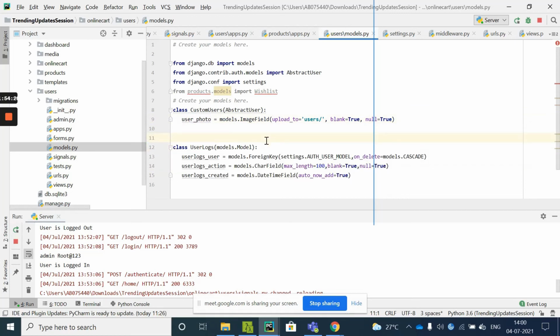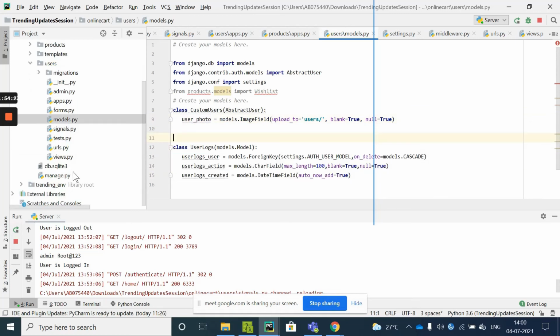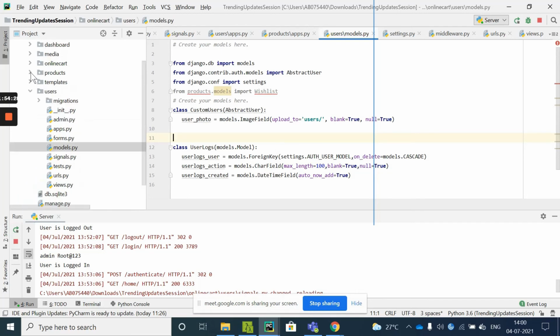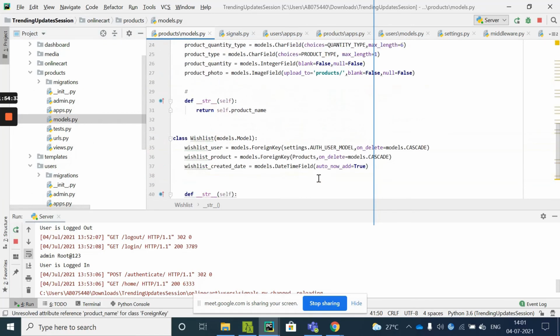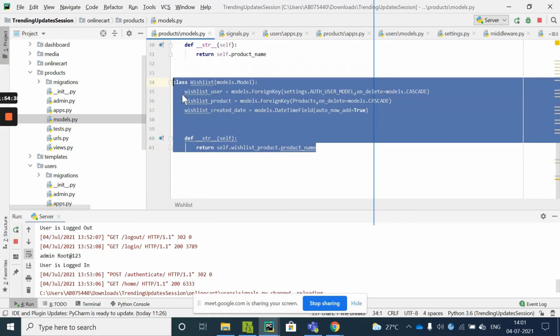Now I want to store the user logs as soon as the user adds products to the wishlist. So coming to models, as soon as this wishlist model is saved, Django provides you this functionality so that you don't need to write the things again and again. If the wishlist is saved, at that time you want to perform some action.